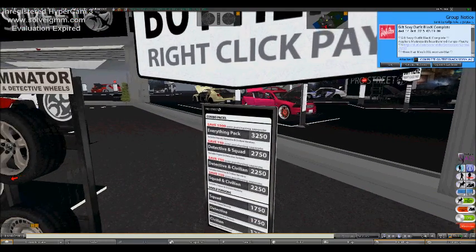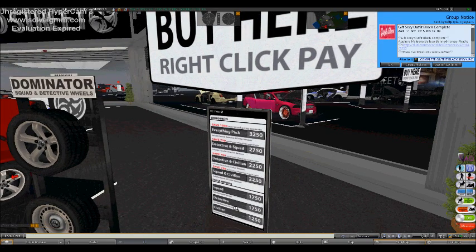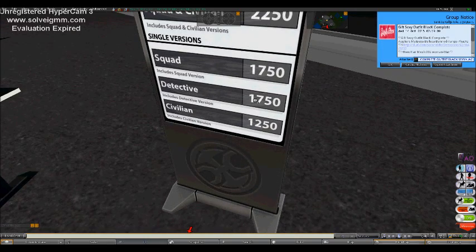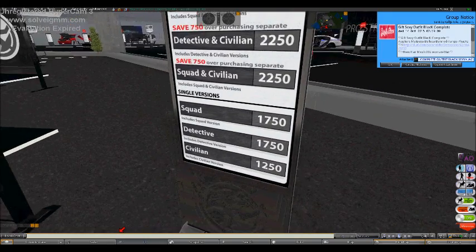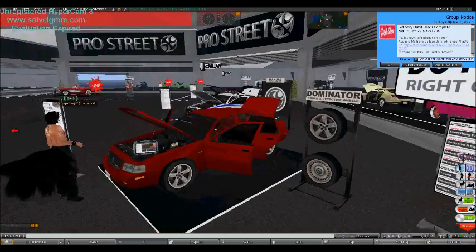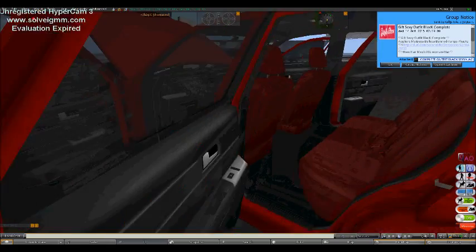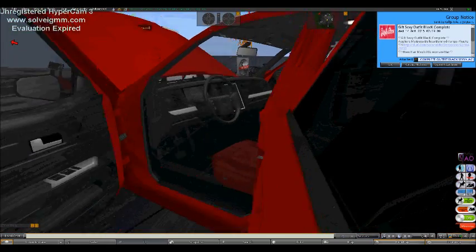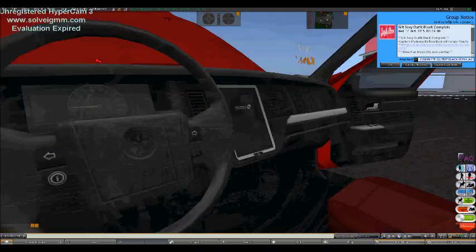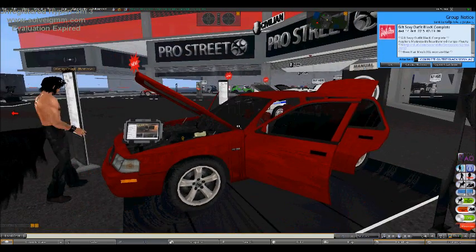Everything at Packed Central was squad and civilian. So it's $12.50 to buy it as a civilian. Detective version is $17.50, and so is the squad version, or the police version. So it's 1,250 lindens for this car. That's about what it costs for the full perm vehicles that you can script, but then you gotta have the scripts,